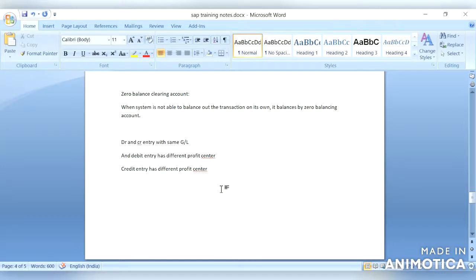So it is like expense GL, profit center X, again some expense GL, credit, profit center Y. So now the profit center X should have some credit.